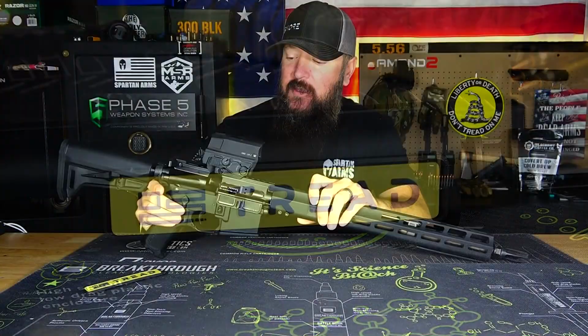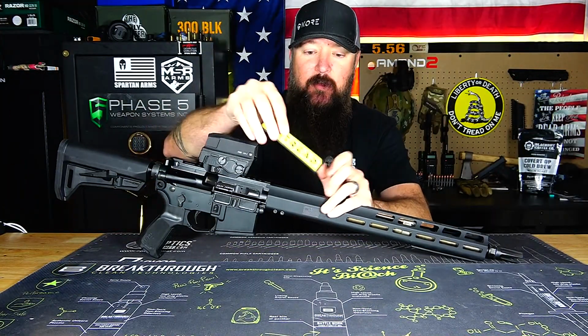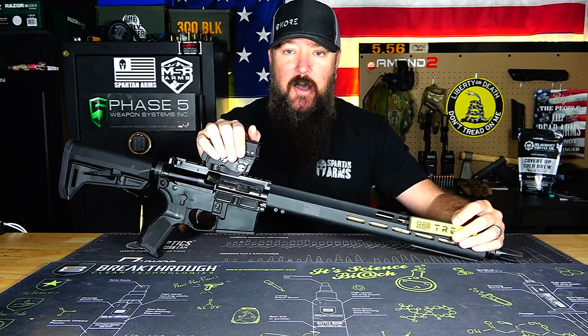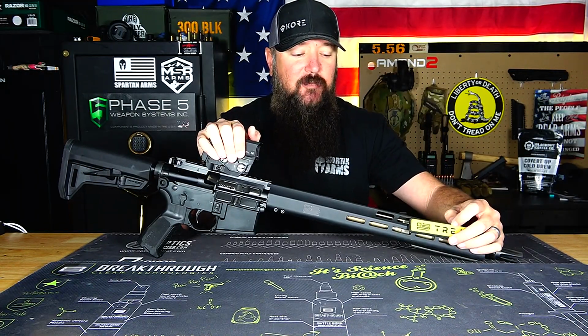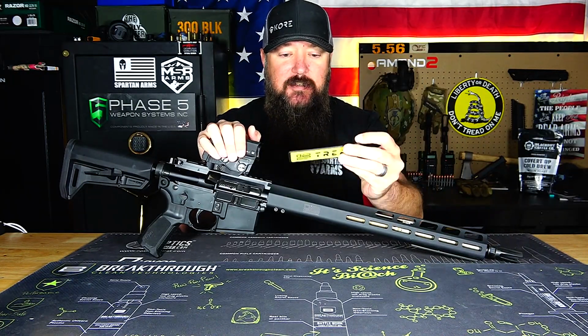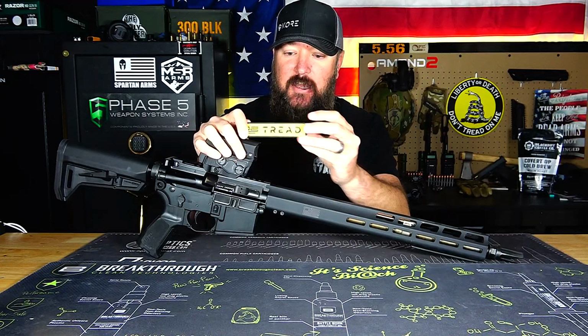For those people that are wondering, they're easy to take off. They come on the side like this, and it's just kind of popped into that M-lock slot. All you have to do is get something under there and pop this thing, and it comes right out. But it does come with these little Tread logos on the side right there,